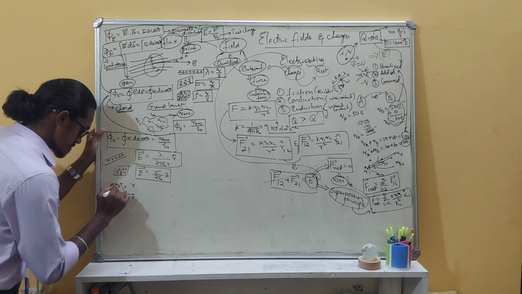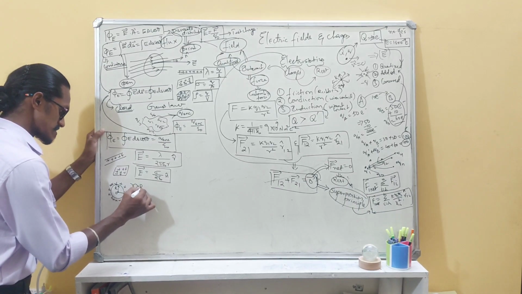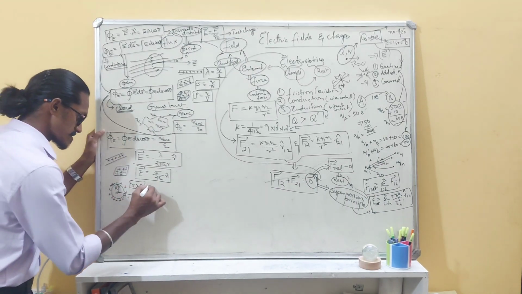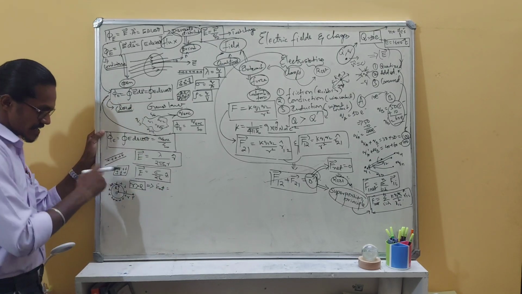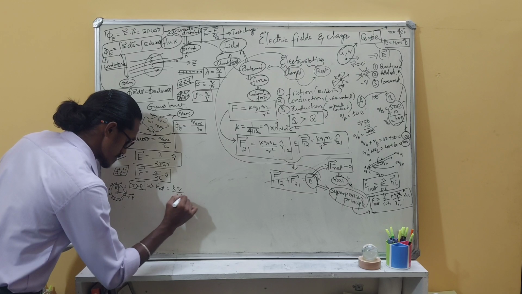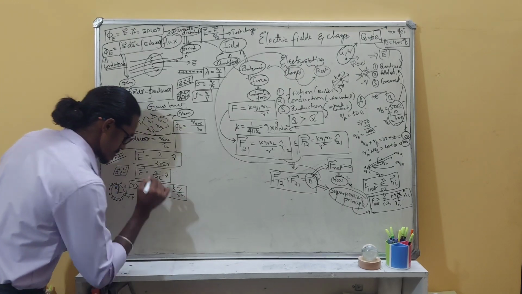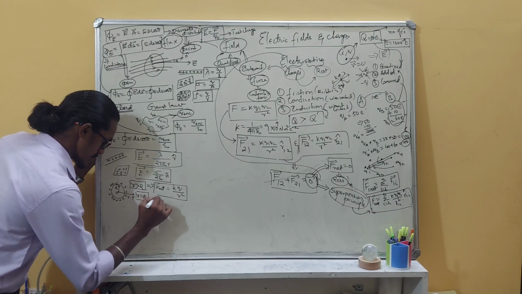Also, the sphere has some radius. So if this r is greater than the radius, which means a point is outside. So the electric field outside the charged sphere is kQ divided by the distance between them, which is r square. Similarly, if r is equal to the radius,